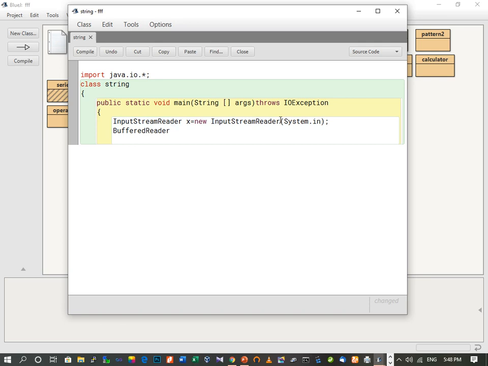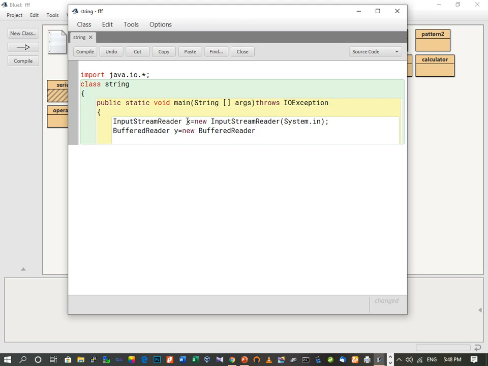Again, for this class also we have to create an object. So let it be y equals new BufferedReader, and in this we have to pass the object which we created over here, x.